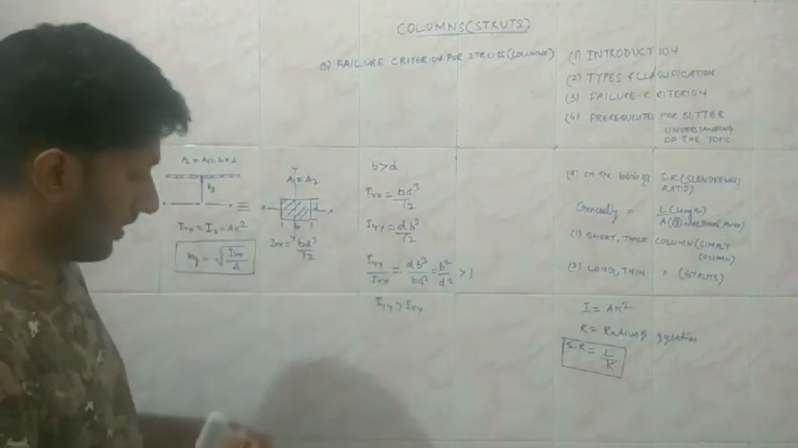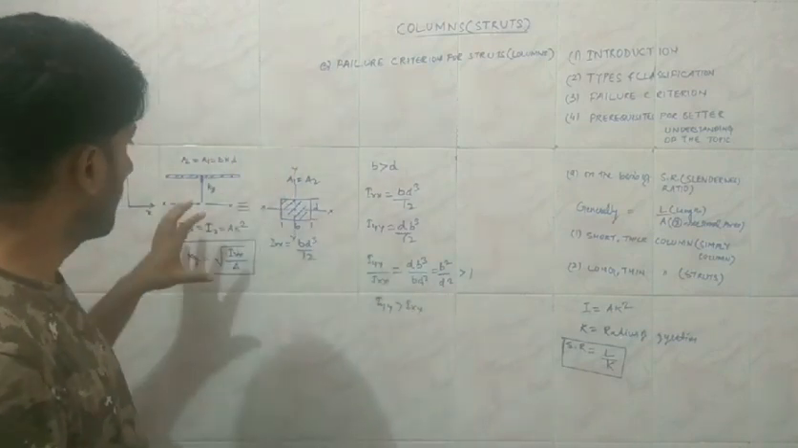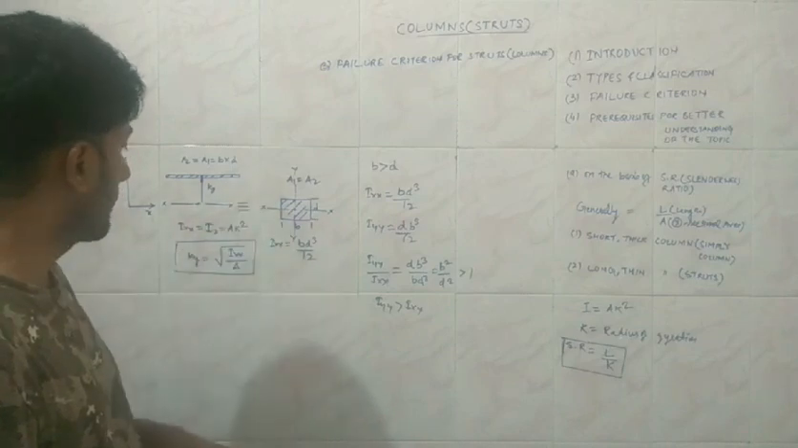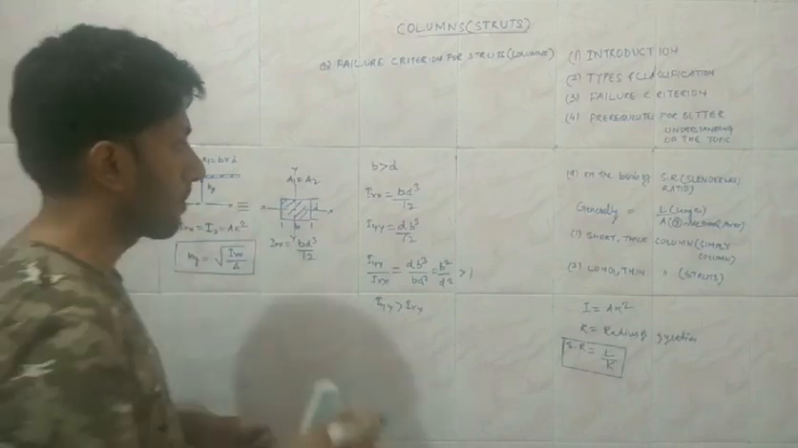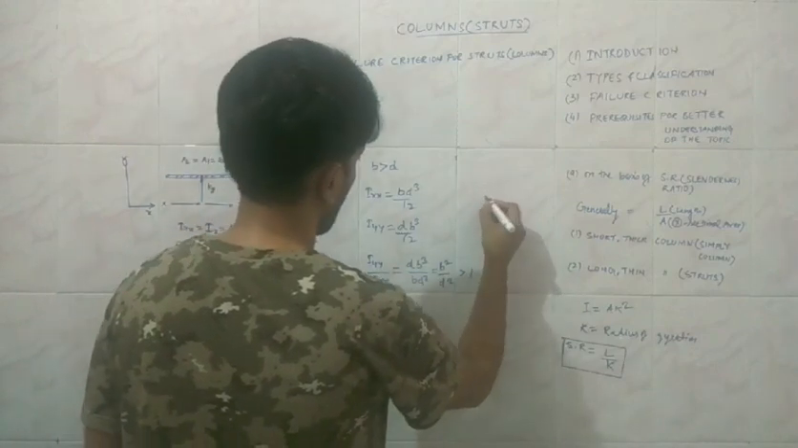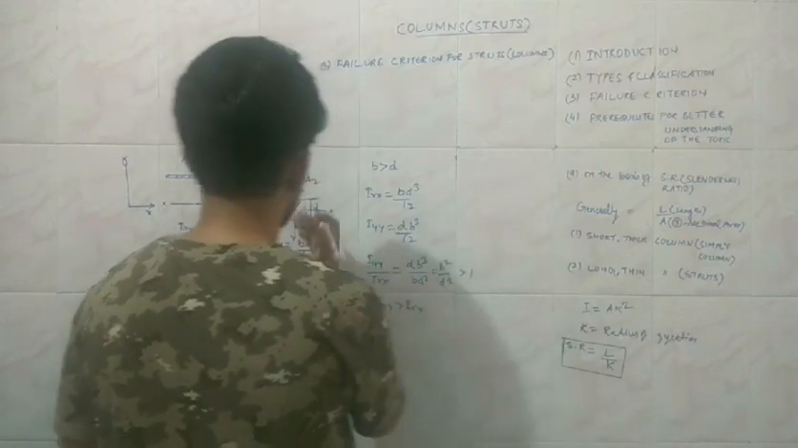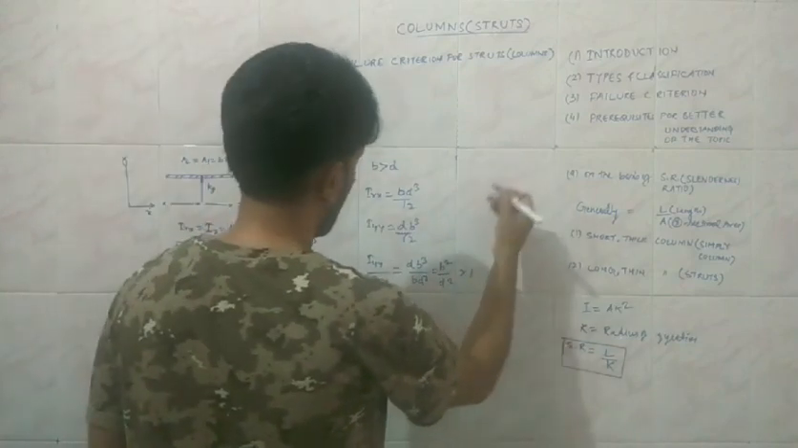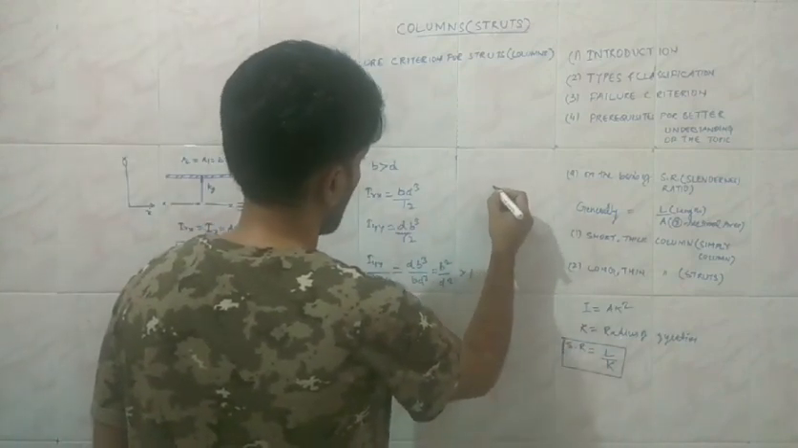So it means that in this case, when this cross section is subjected to bending, it will have rotation about this axis. If I try to show this in 3 dimensions,